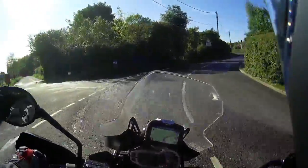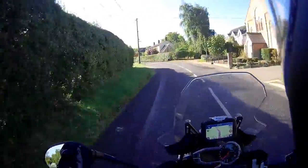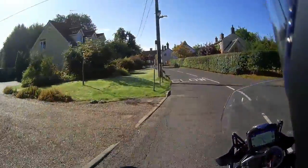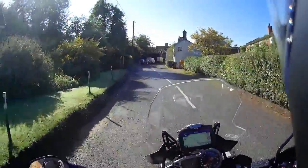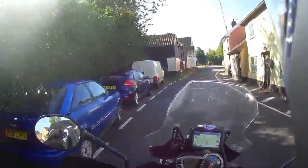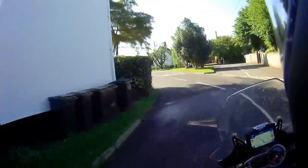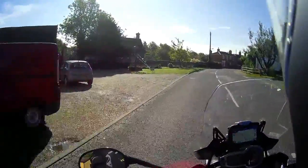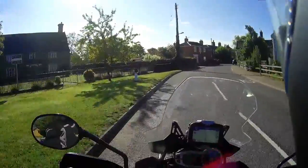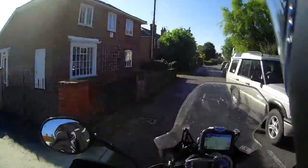But give it its credit, it's 3 years old now, the tent. It's had quite a bit of use. Didn't let a drop in, and at some point I am going to have to replace it. And I've had my eye on some things like Redverz and all that sort of stuff, but they're bloody expensive. And I have to say, the way this thing has performed, it would certainly